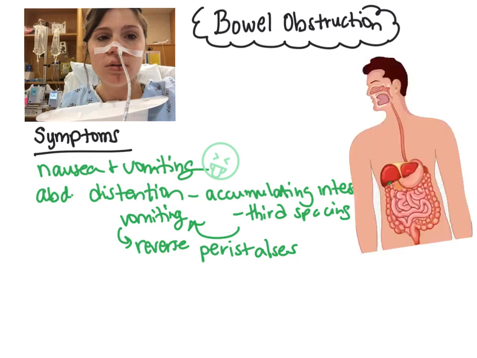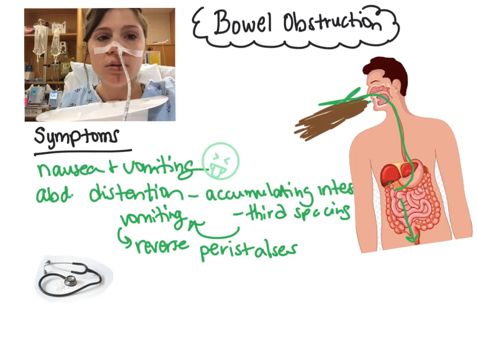So if the fluid can't move down like it's supposed to, it's going to create a backwards flow, and all the intestines will start to push fluid up and out, so that's when you'll have the vomiting. Now remember that the vomit can be green or it can be brown. Brown is an indicator of stool that has accumulated in the GI tract and is being pushed back by reverse peristalsis and coming out